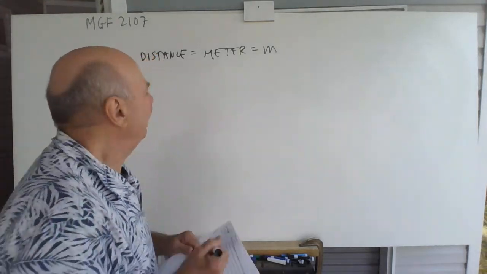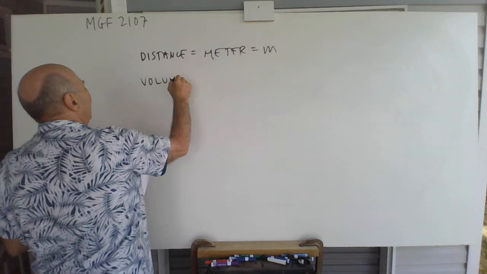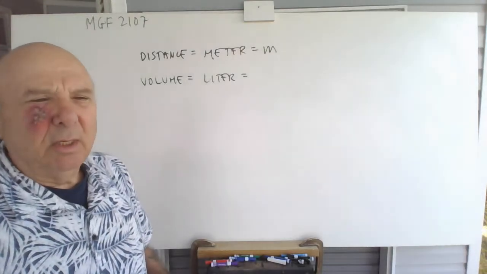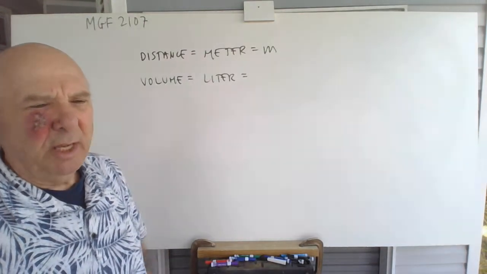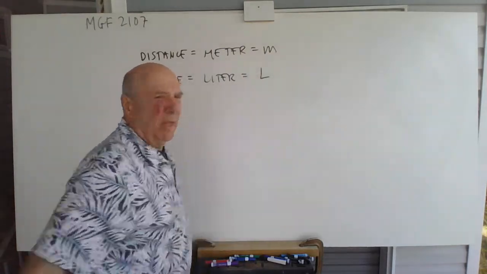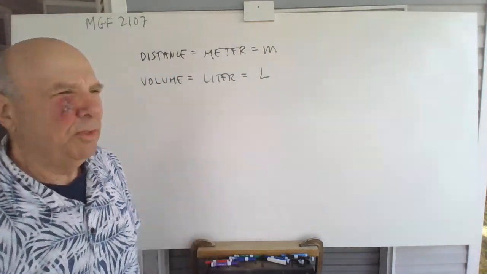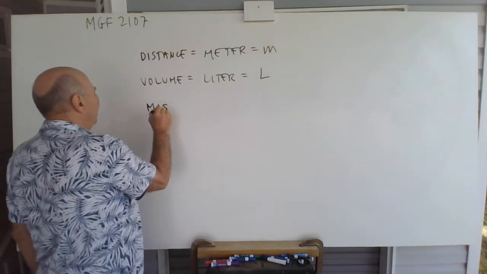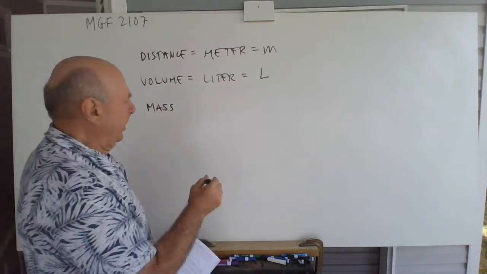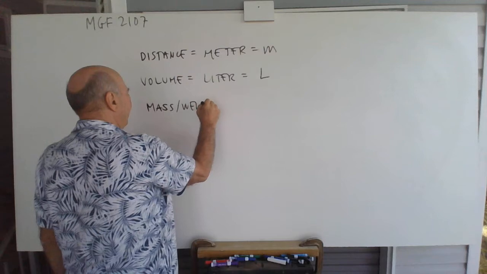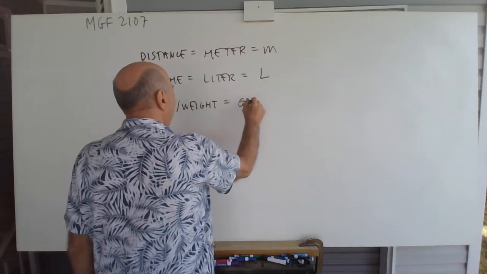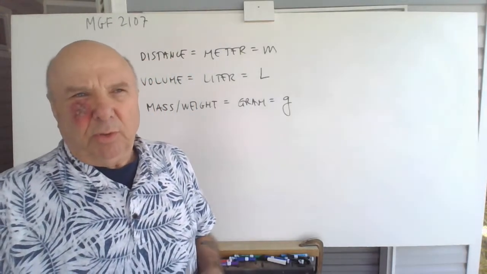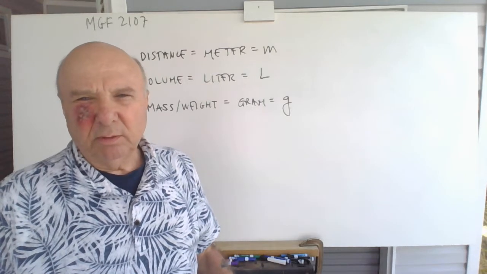The second is volume. And it's measured in liters. Most books, or a lot of books, use a lowercase l. I use a capital L. That way there's no confusion. Liter, always the same. And the last one is, internationally it's called mass. We call it weight. Little g for gram. Now, grams are what we measure small amounts, medicinal amounts,